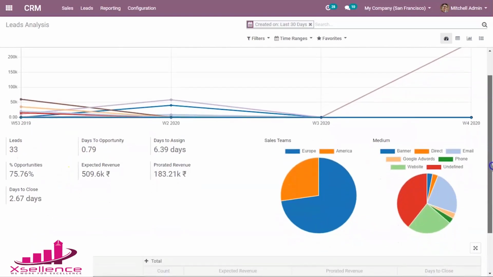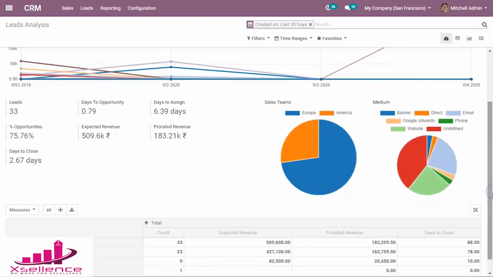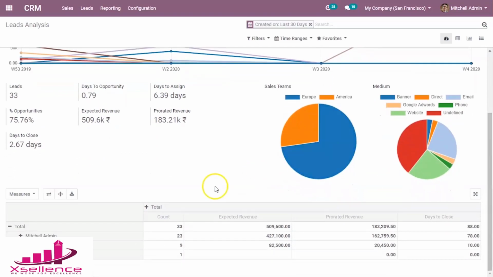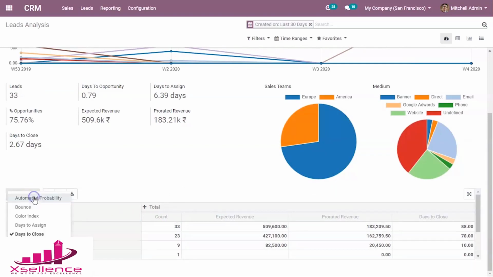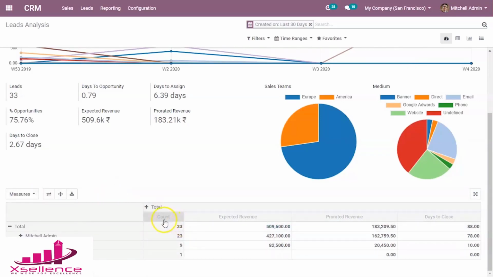And when you scroll down, you can see the pivot view also, which is done on the basis of different measures such as the date to close and convert and all. And here you can see the count, expected revenue, projected revenue and date to close.